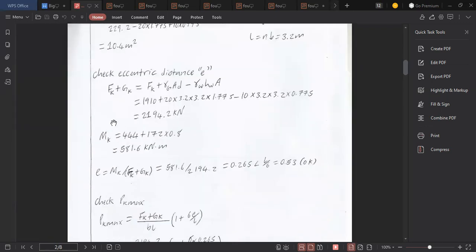After that, you want to check eccentricity. You want to check if the dimensions which you've chosen are okay to work with. So for us to find that,